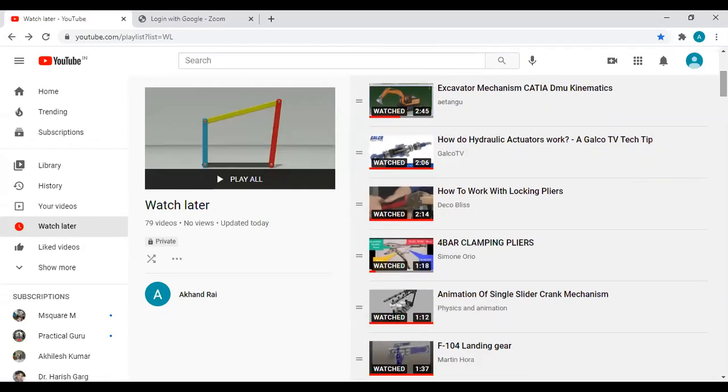But the important point is that these animations you can always search; they are all available on YouTube. What is important is the concept. You should know that if the Grashof criterion is satisfied, then you will have at least one link revolving. If anyone asks which links will be revolving, you can say the crank will revolve in two inversions. In one inversion, the coupler will revolve, and in another inversion, both the cranks are going to revolve. These things should be very clear in your mind.